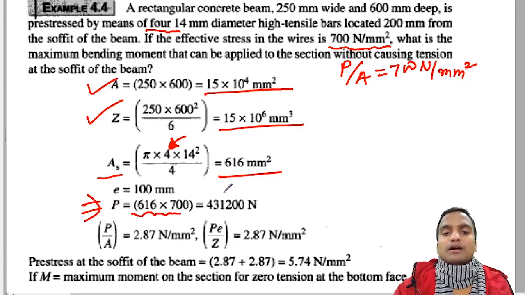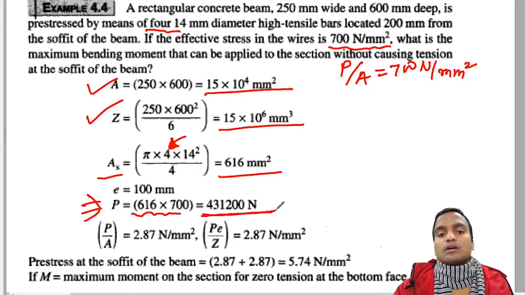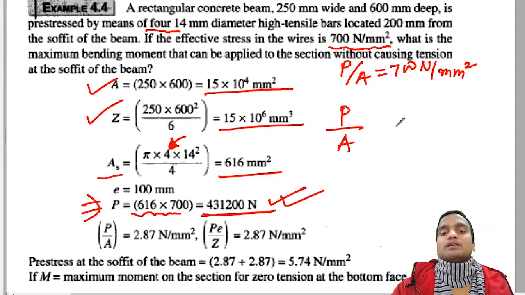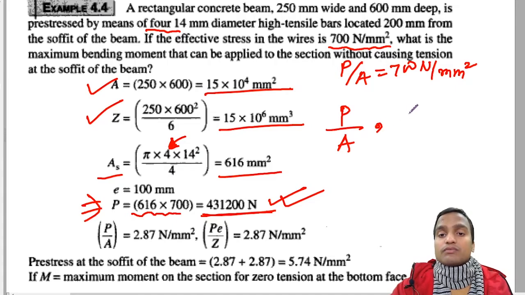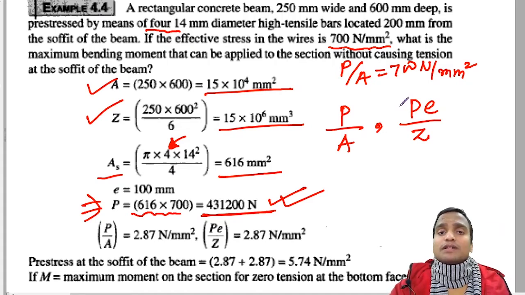the area of steel bars, multiplied by the pre-stress 700 Newton per mm square, and this much pre-stressing load is applied. So this is the tension being applied on the tendons, and now this pre-stressing force is compressing the concrete by magnitude P by A, and there is also generation of PE by Z. Here ZT is equal to ZB. PE by Z amount of stress is generated at the top as well as bottom fibers of the section, and at the top there is tension and at the bottom there is compression.